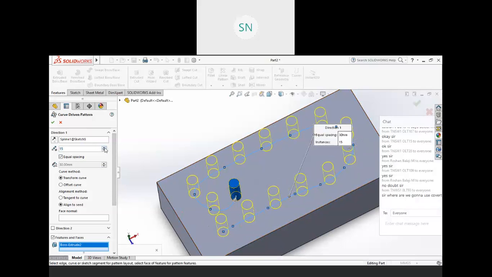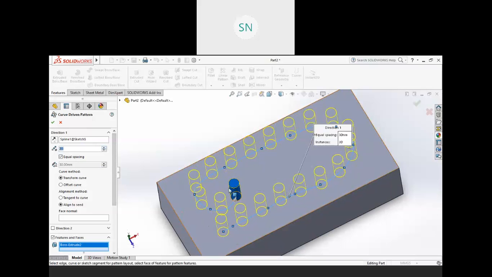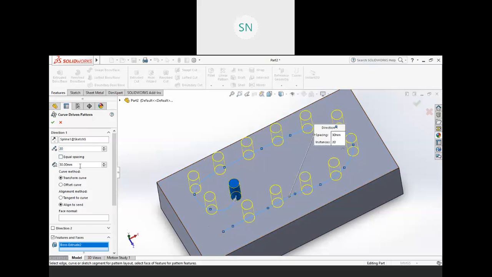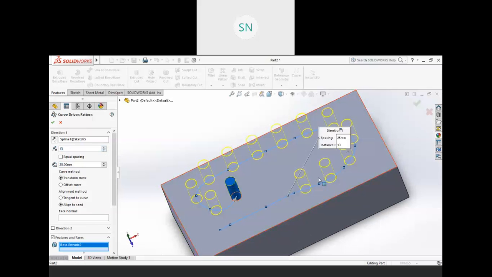If you want 20 copies, that line will divide into 20 divisions automatically. If you specify individual spacing, like I want 25 mm, then the number of copies will decide how many copies you can place. In this way it will work.